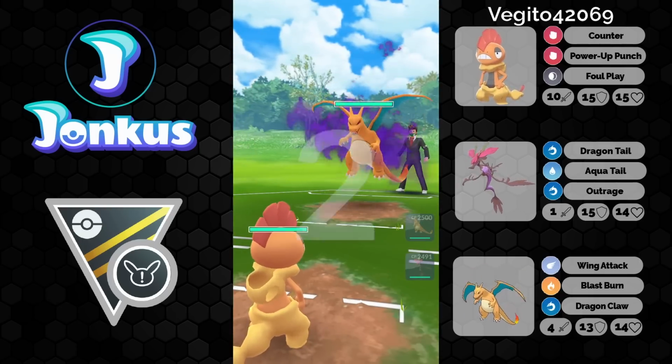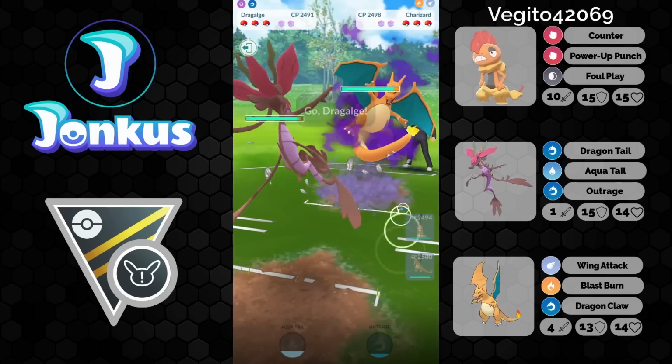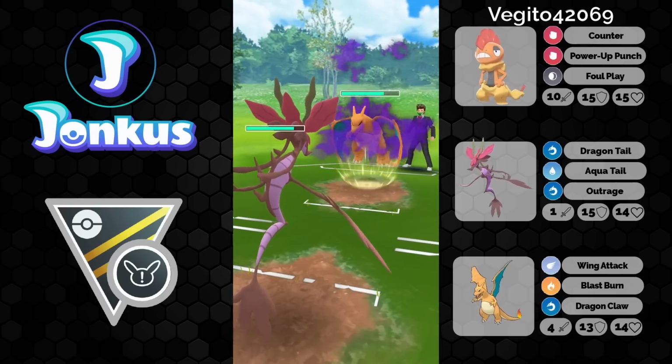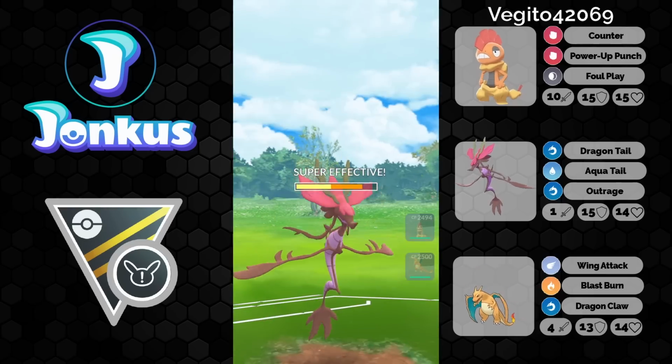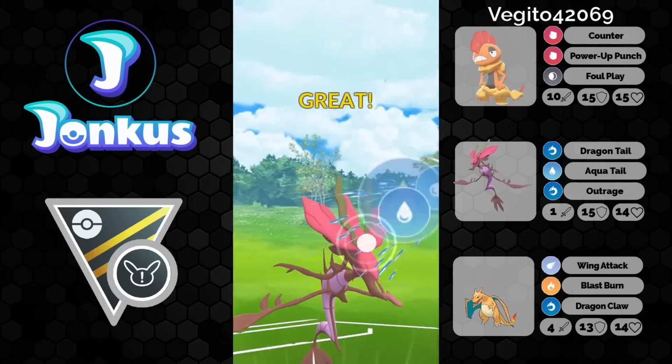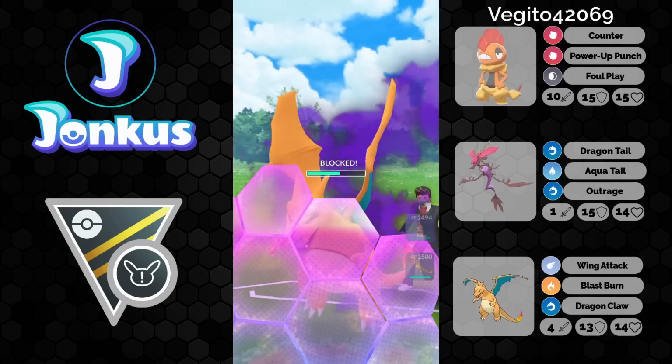Next opponent, we see another horrible lead here, Charizard in the lead, this time around the Shadow variant. So the Dragon Claw going to do a little bit more damage. You're still going to be able to take 1 though, thanks to it being non-STAB, and you will be able to get 2 more moves. But the thing is, I think your Dragon Tail damage might be enough to farm them down in the 2-shield